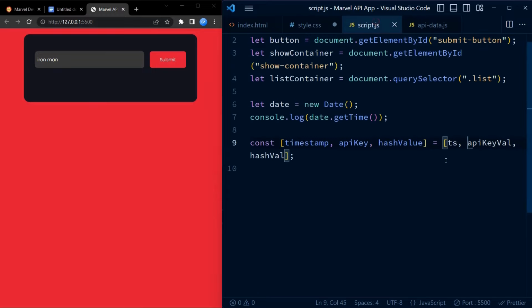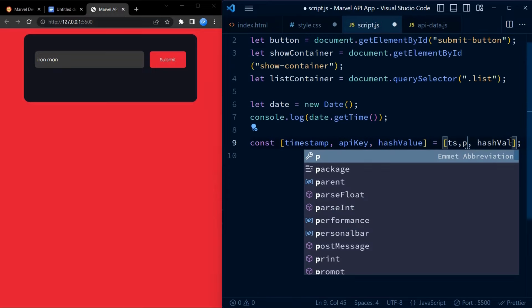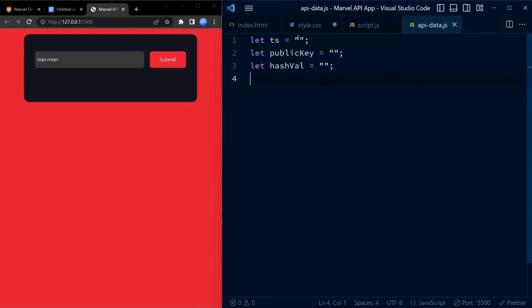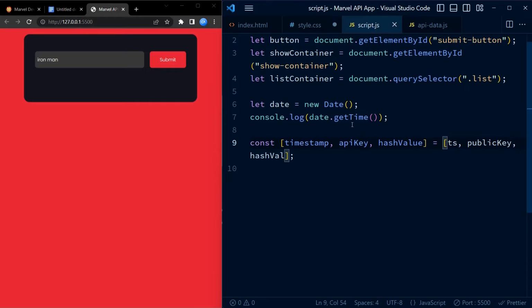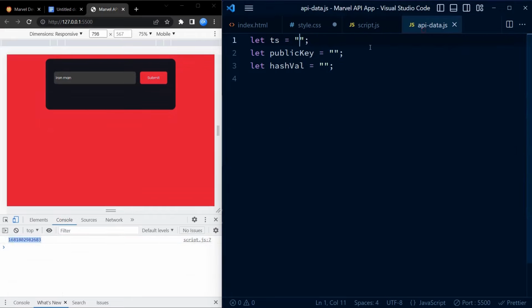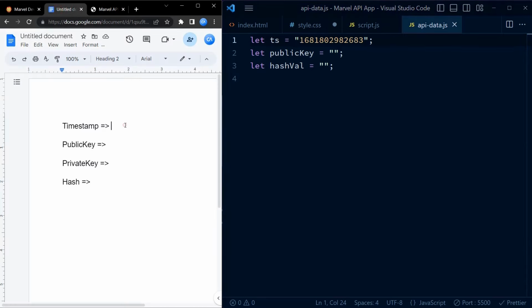Here we have three different variables. Let us assign the value of timestamp to the first variable. For example, your public key is the following, the private key is the following. So, by this example, we can obtain hash value